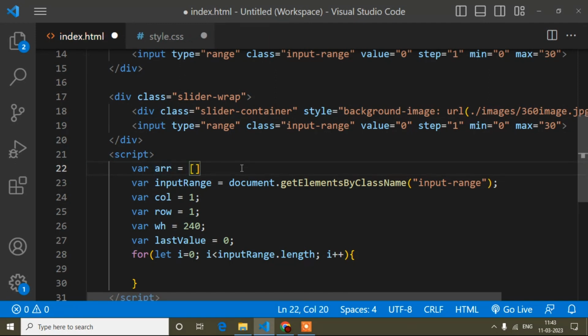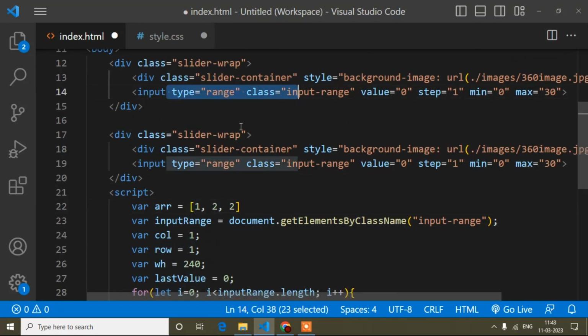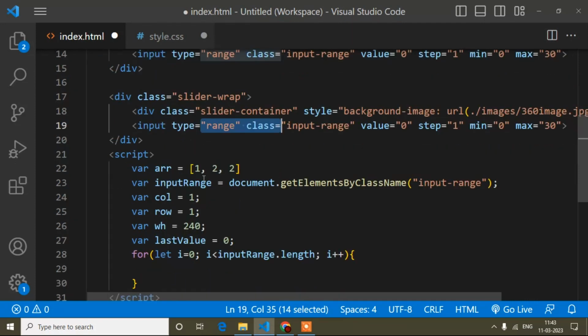Here I have stored only one, but you can store multiple values this way. Since this is class, it is multiple times, so this variable is now an array. I didn't write the square bracket syntax, but it is an array.